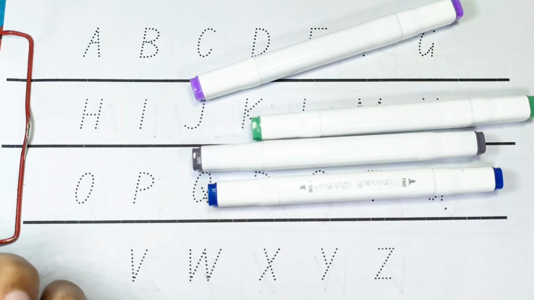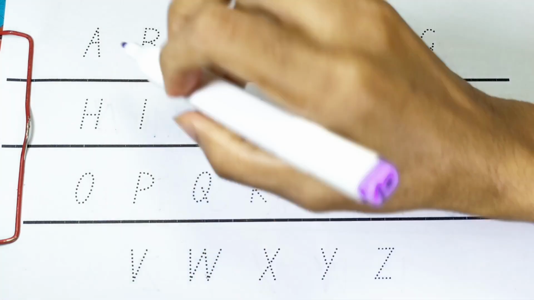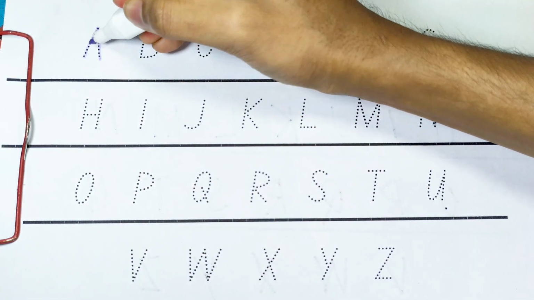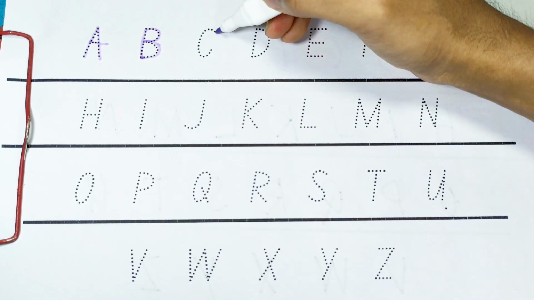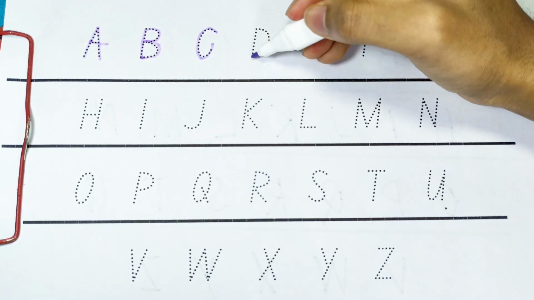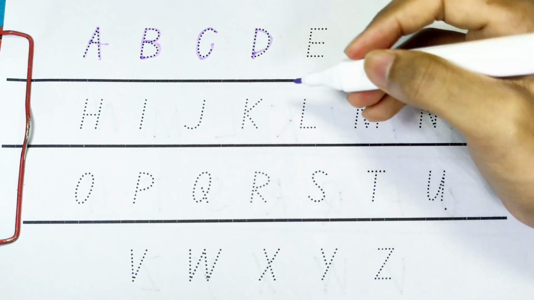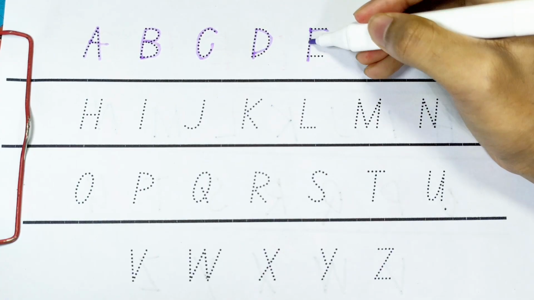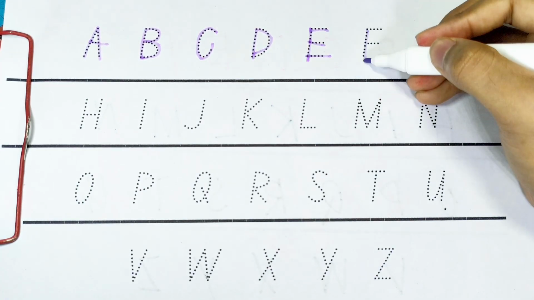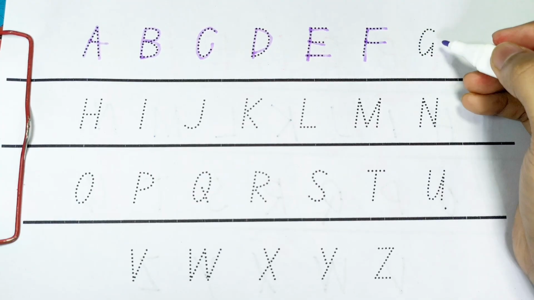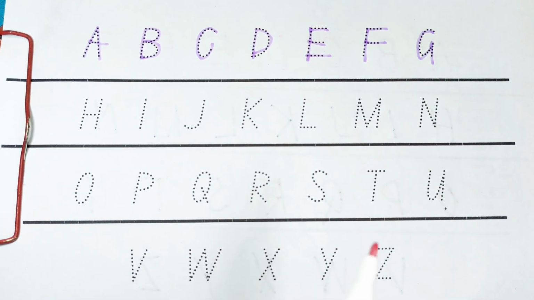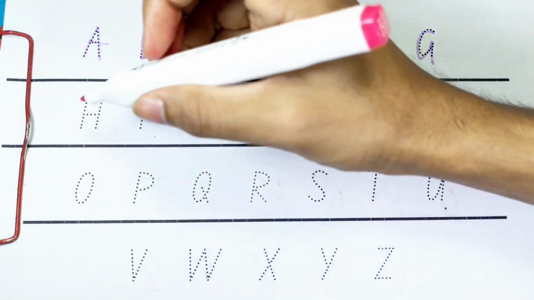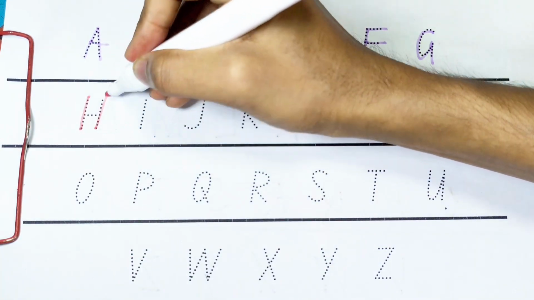Stay with us. Lavender color, and writing the alphabet of A. The next one is B, C. Now we draw the alphabet of D, and the next one is E. F. F for fish, F for fan. G for gorilla. So kids, now we are using the color of coral red color and writing the alphabet of